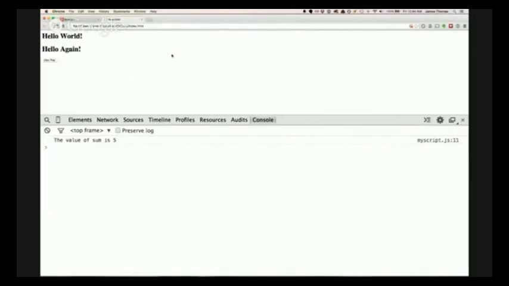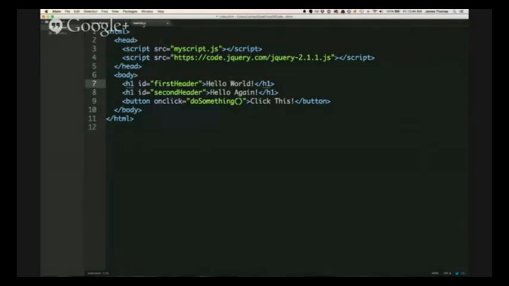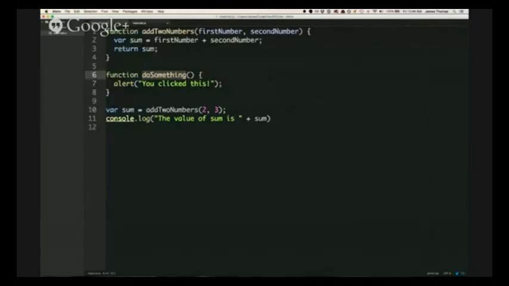It just makes it easier for you to do things the way that you want to do them. Okay, so let's go ahead and refresh our page and reset this again, and let's see what else we can do. Before, we wrote a function here that just brings up an alert when you click on it. But maybe we can do something a bit more interesting now that we have access to jQuery. So let's make the size of the first header bigger. Again, hash says that we want to operate on something by its ID. I say first header